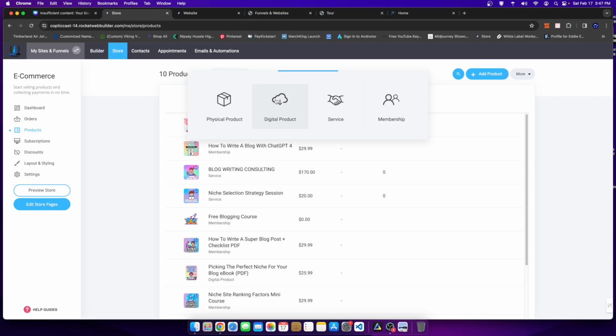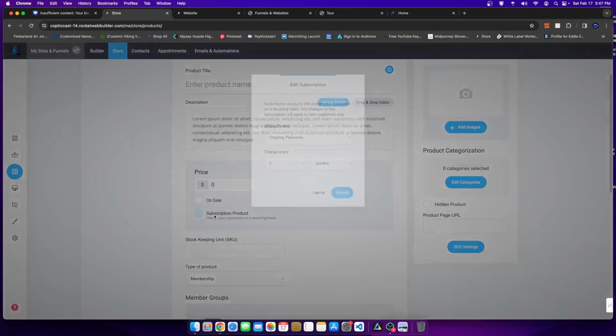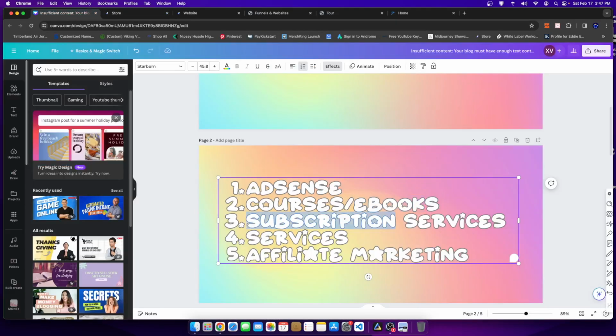If you're going to set it up as a course, you could set it up as a membership, right? So where people get access. Now, with the membership, you could either choose for them to just pay once, right? Or you can have them set it up as a subscription. So if I click on membership, right, I can see here subscription product. I don't have to charge a subscription if I don't want to, right? But I can. So one of the ways that you can make money, and we listed it right here, is